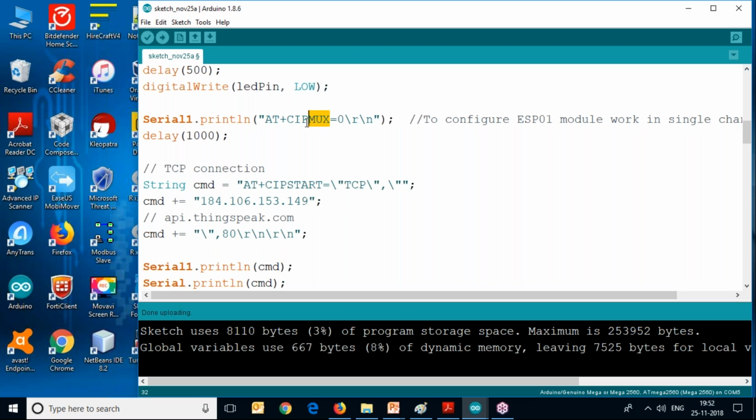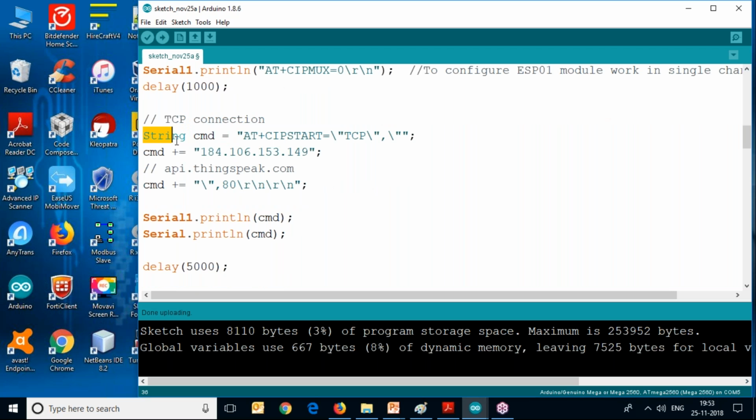MUX means multiplexing, IP multiplexing. So instead of setting up multiple streams of communication with the server, we are interested in setting up a single channel communication. So assigning a 0 to CIPMUX means disabling multiplexing. I have inserted a delay of 1 second to allow ESP01 to configure itself, and then the next code over here